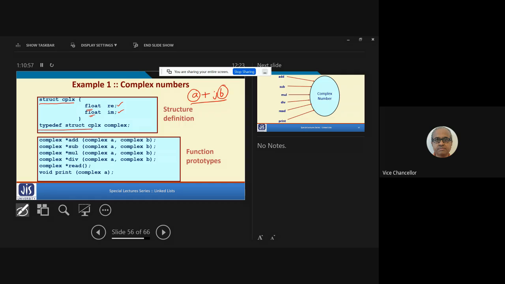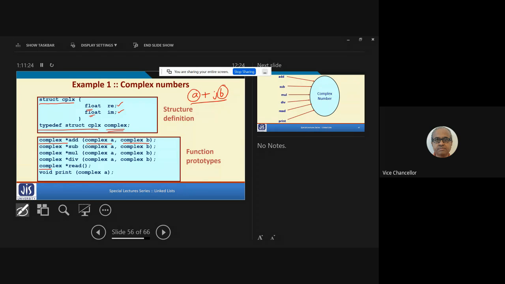I define a user-defined data type called complex. Then I can write functions for complex number addition, subtraction, multiplication, division using this data type. Complex A, complex B are the two parameters, and it returns a pointer to a complex structure.